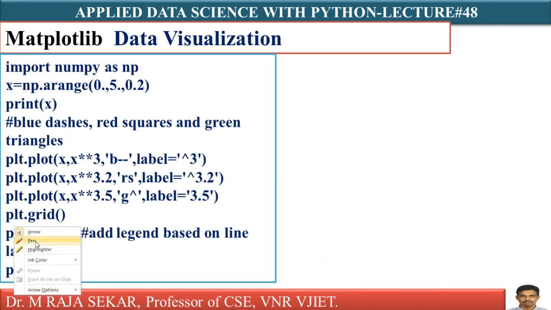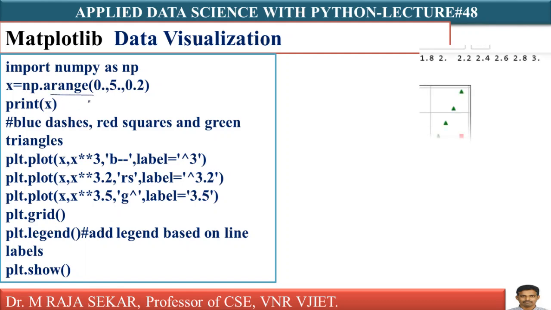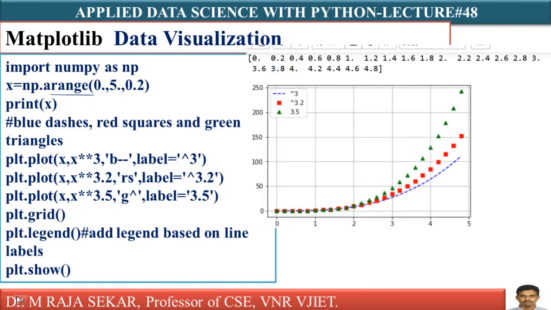This I discussed in NumPy. np.arange means it will generate points. Let me write it. It's simple. 0, comma 5, comma 0.2. It starts with 0 and keeps on going. This is start, this is stop, this is step size. It will not take 5. Why? Isn't it? Stop, we used to say stop minus step size. I can say it like this: start, stop minus step size, and step size.